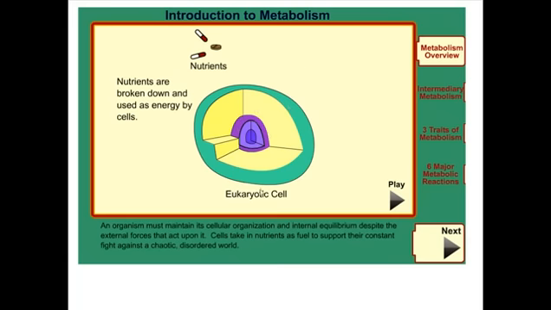Suppose we have this eukaryotic cell here, and we have different nutrients that are going to be broken down. In this case, there are pictures of capsules and tablets. Those are not really nutrients, but we are talking about nutrients, meaning the different foods that we eat throughout the day. When you eat those foods, they are digested, and after the digestion the food is absorbed.